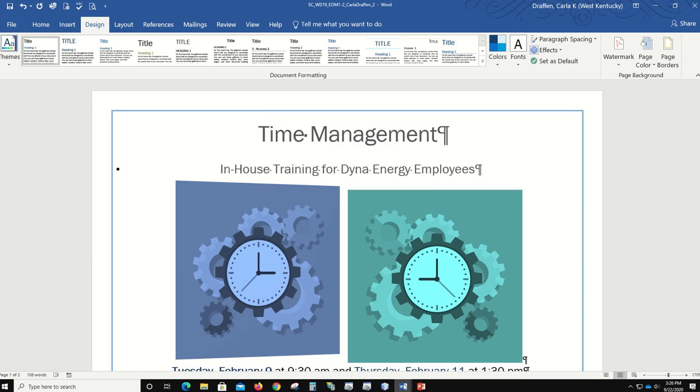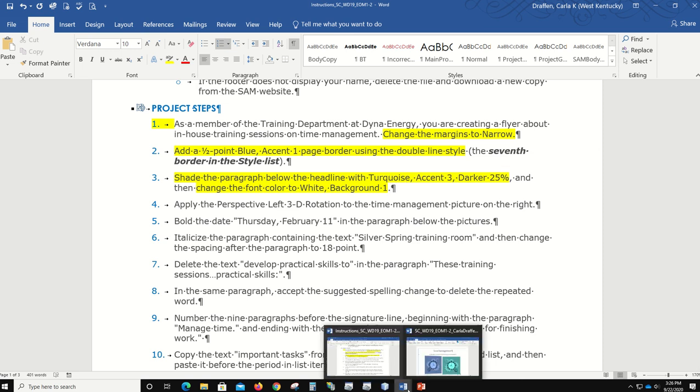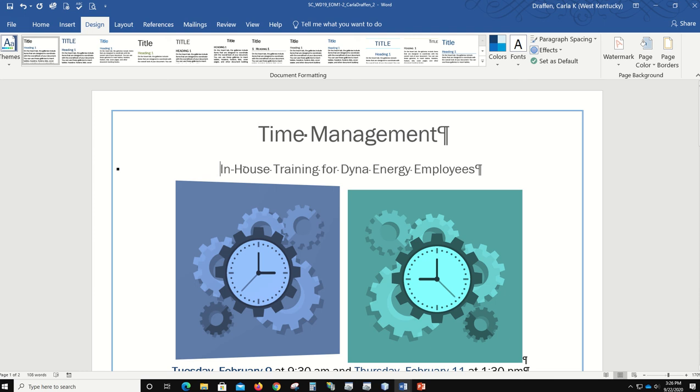Now let's see what the next instruction says. Shade the paragraph below the headline with turquoise accent 3, darker 25%. Then change the font color to white, background 1. Okay. Turquoise accent 3, darker 25%. So this is the paragraph below,